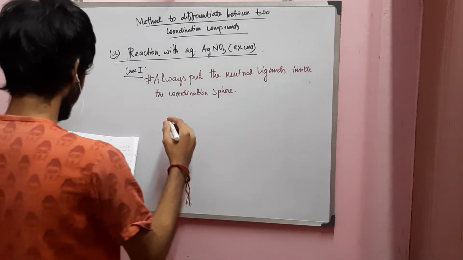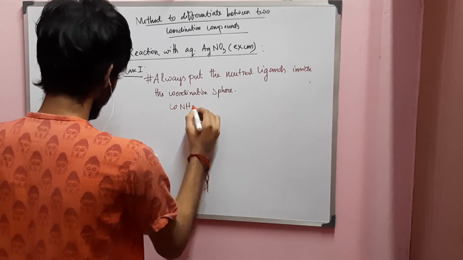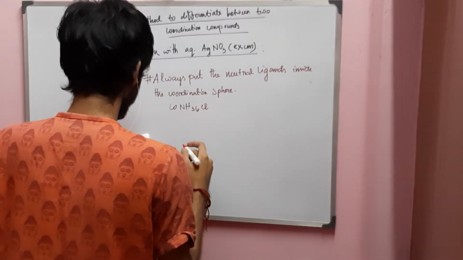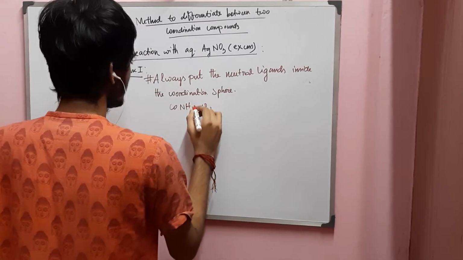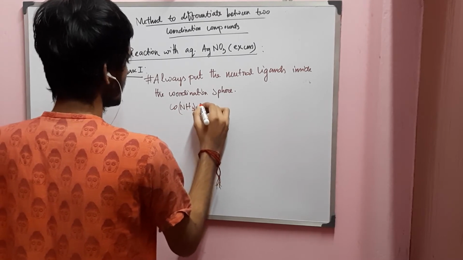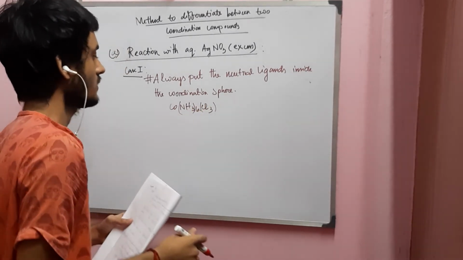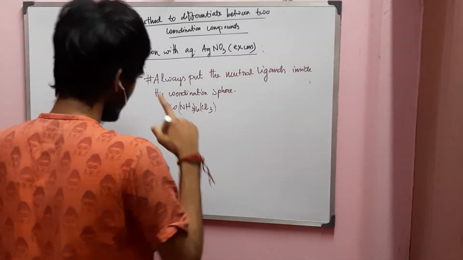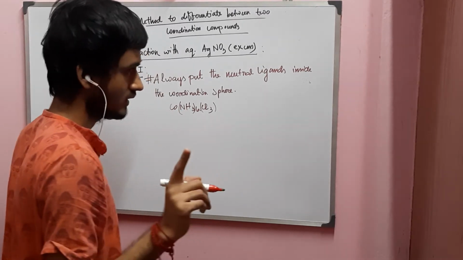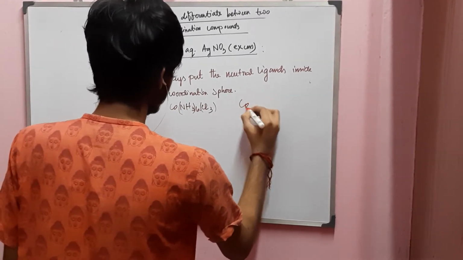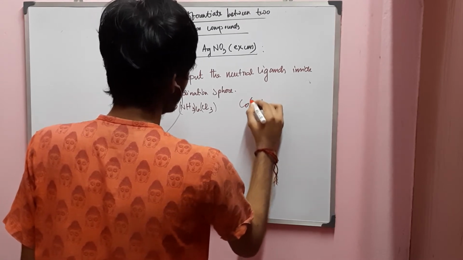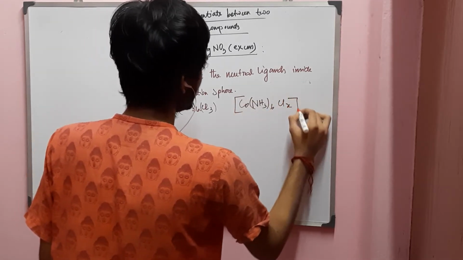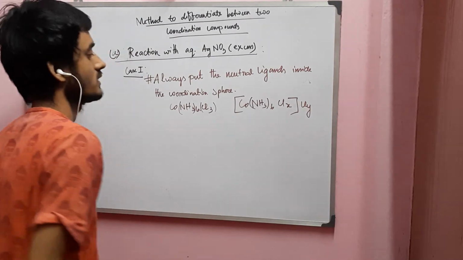Suppose it is a compound that is [Cu(NH3)6]Cl3. This is a complex compound. We don't know what is in the outer sphere and what is in the coordination sphere. Okay, so to write it down, I am writing a general formula of this compound, that is [Cu(NH3)6]Clx inside the coordination sphere and Cly outside the coordination sphere.